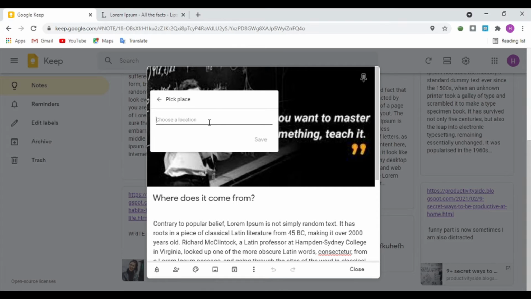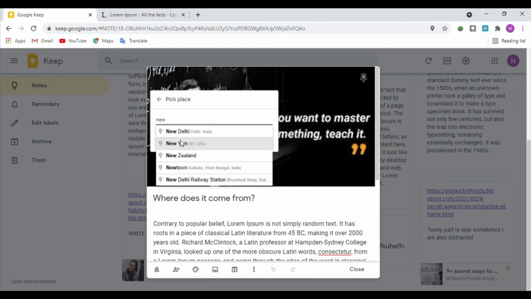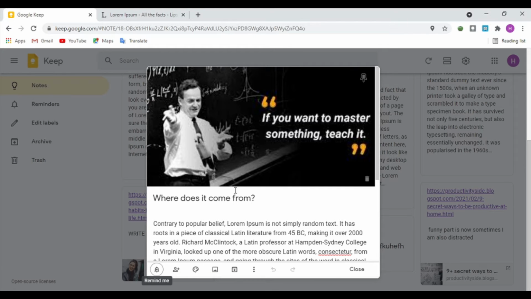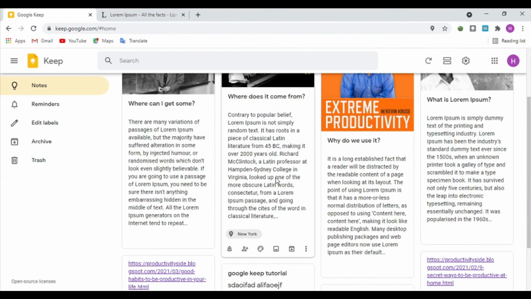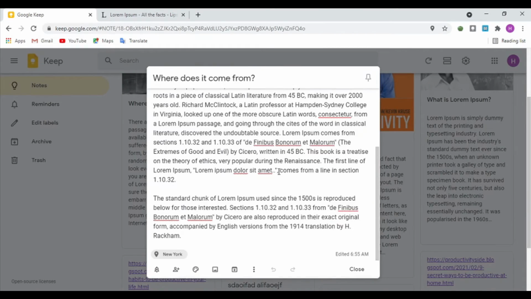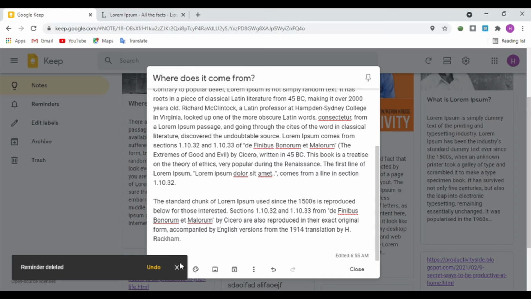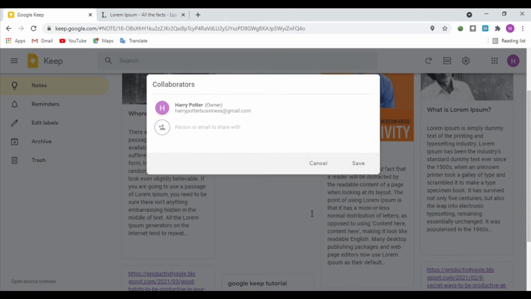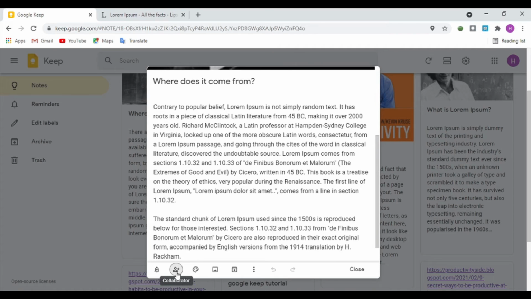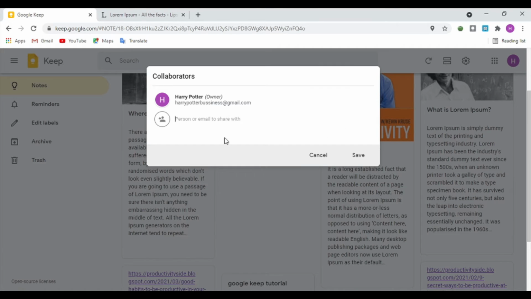Just go to place and let's say we want New York, then save. When you reach New York, this app will send you a reminder that this note will remind you for New York, and you can add or delete reminders also by clicking this. You can collaborate with others by clicking this plus icon, like collaborator,